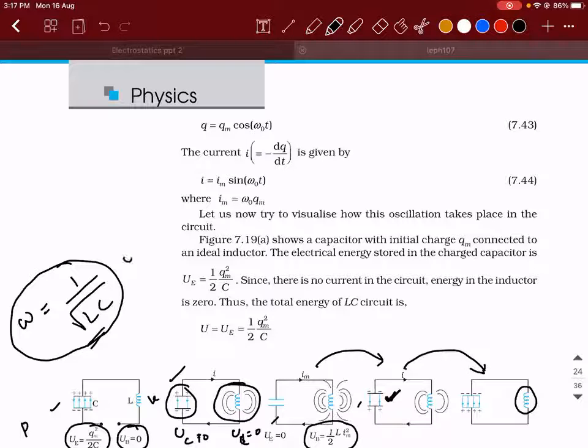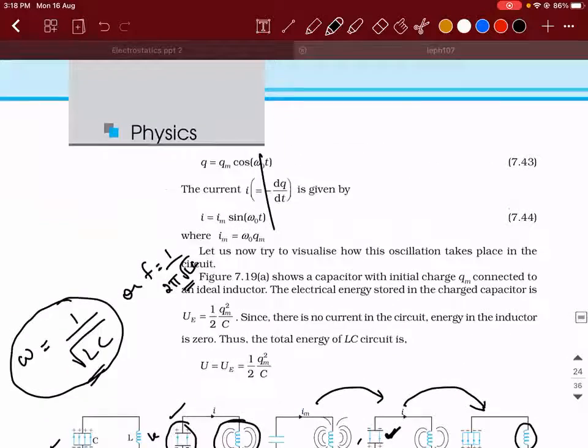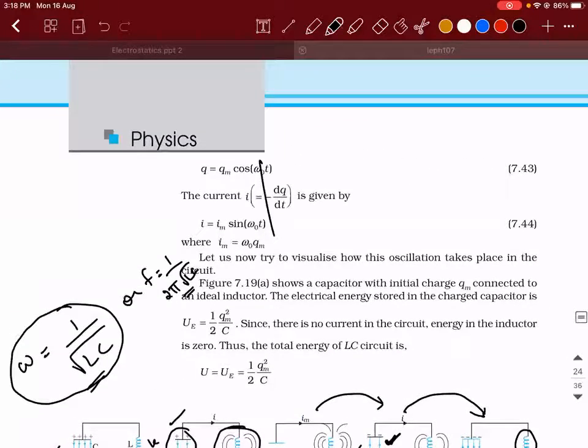So omega is equal to 1 by root LC, or f is equal to 1 by 2 pi root LC. All these mathematical expressions you need not study because only quantitative study is there. All these mathematical expressions are second degree linear equations which you cannot solve. You don't have it in your syllabus. Even in your math, you don't have it. You have only solution for first degree differential equations. So that is all with respect to this LC oscillator case.